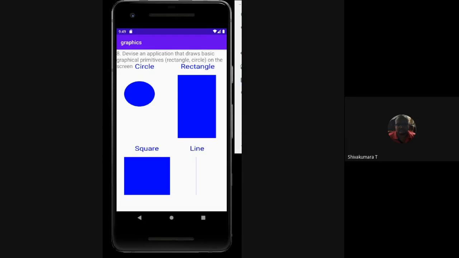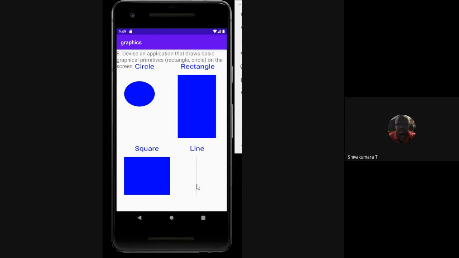So it is going to display the shapes onto an activity. This is the label, a device and application that draws basic graphical primitives. It's a question number, and these are the shapes you are drawing onto an activity.